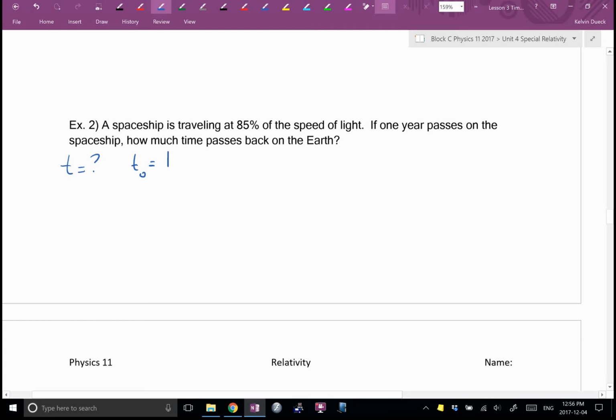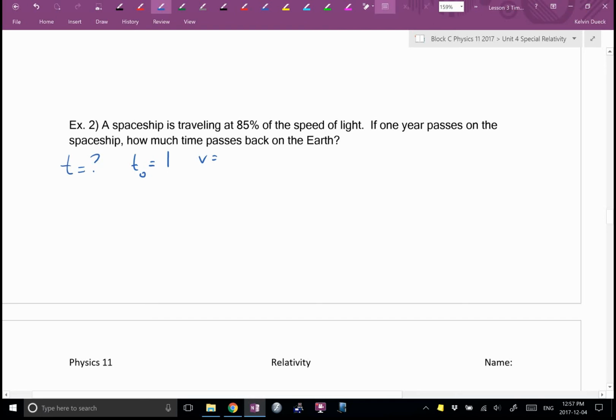Now the nice thing is Einstein's equations work for whatever units you put in. If we put our numbers in years, we'll get an answer in years. We could convert this to seconds, but did they tell me how fast the spaceship is traveling? Christian, read me the phrase. That's not the phrase. Read me the phrase. No. Starting with 85. What's the phrase? Okay, what? Loud and proud again.